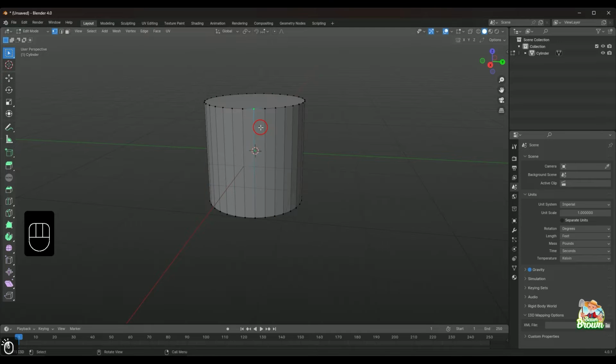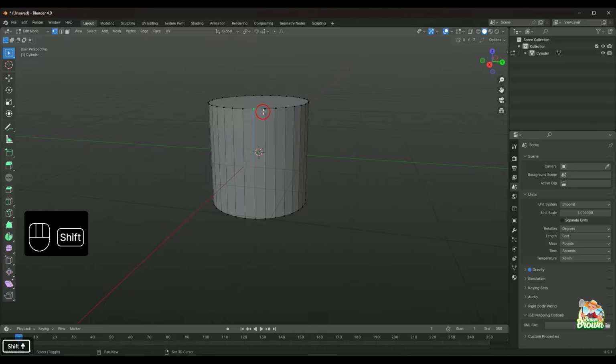Now, if I want to delete a face, like if you see this face right here underneath the 3D cursor, if I want to delete just that face, I don't necessarily have to select just the face, right? If I select all 4 of the vertices that make up that face,